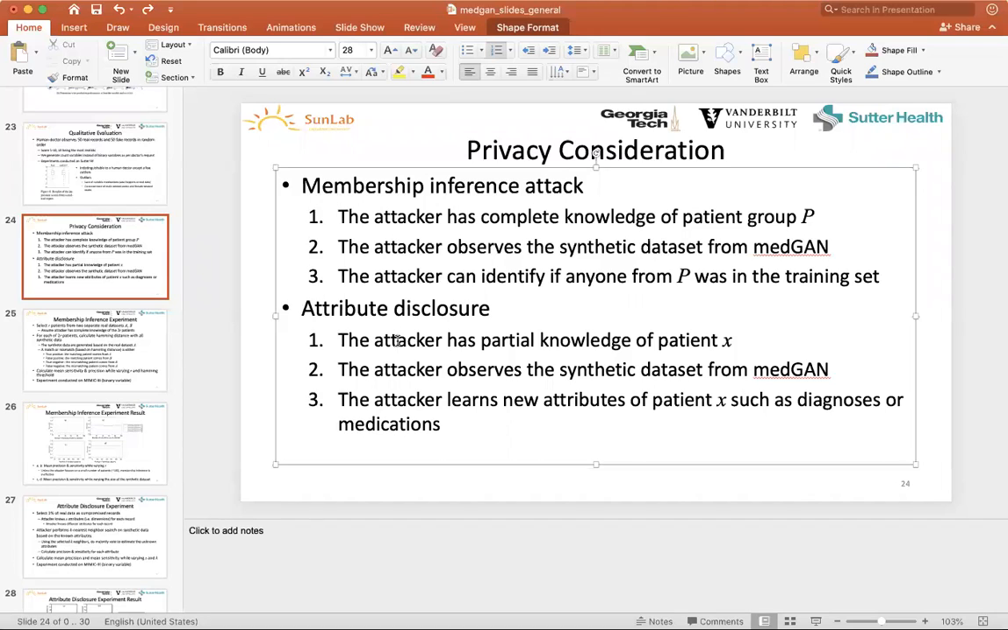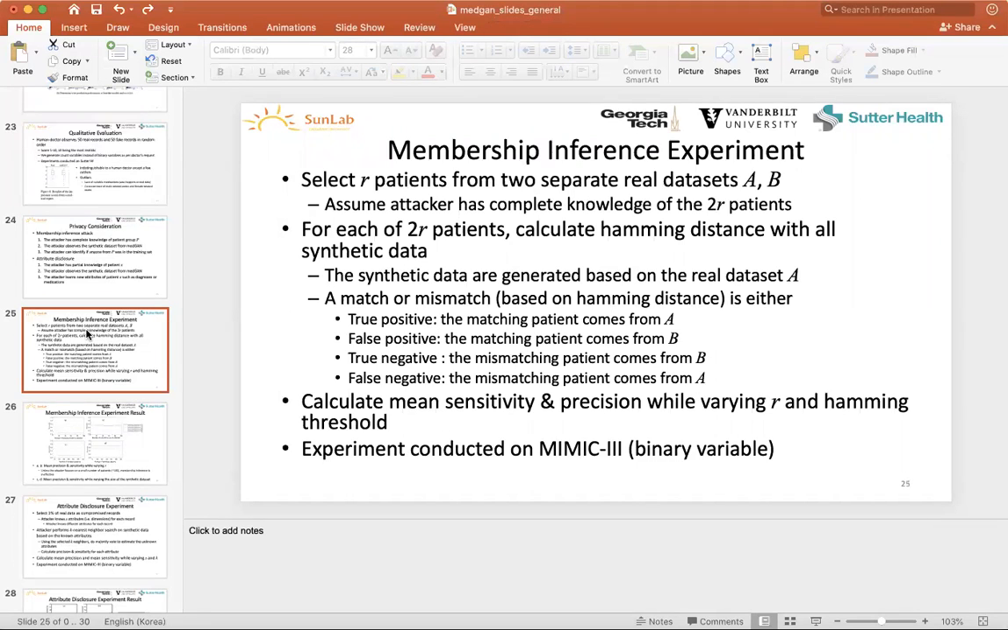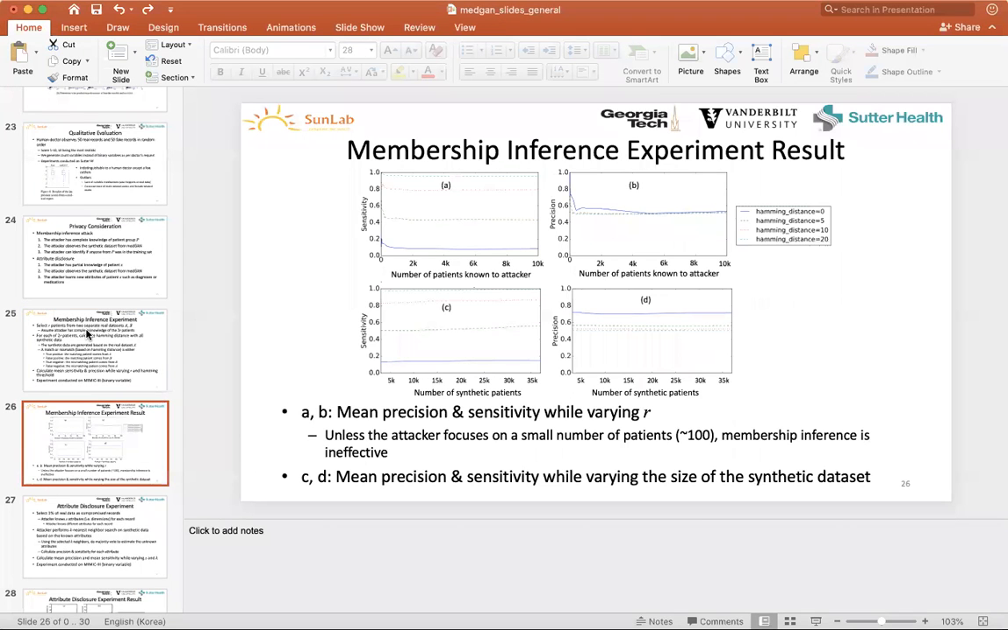So this has way more value than the membership inference attack, because depending on how much the attacker knows about patient X, that can determine how accurately the attacker can fill in the rest of the information. Right, so this is attribute disclosure. As for the membership inference attack, I'm not going to go into detail on how I did it, but